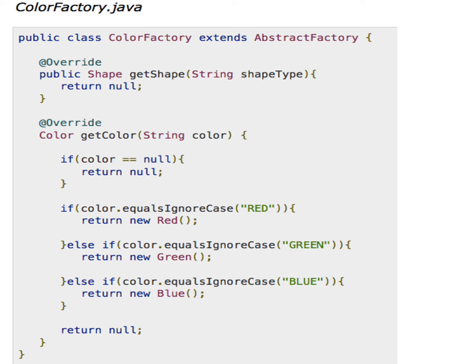If the user requests the green kind of color, the green object is created, and if the user requests the blue, the corresponding object is created and returned. Let's say if the color has 10 kinds of variations, then inside these conditional statements, 10 if else if or the switch can be used.